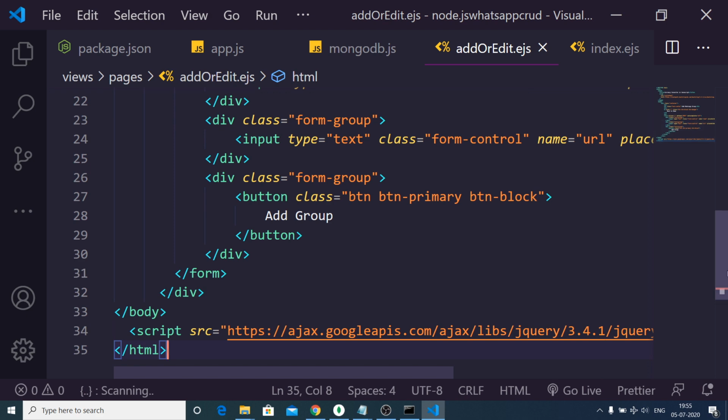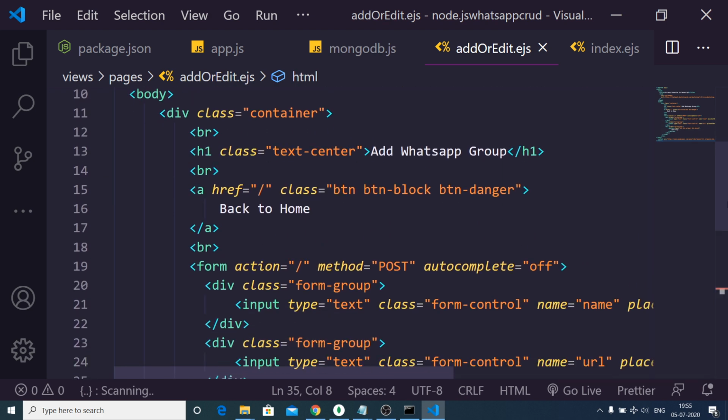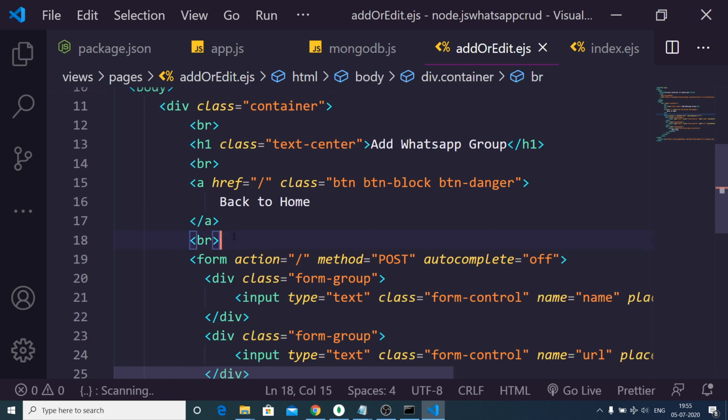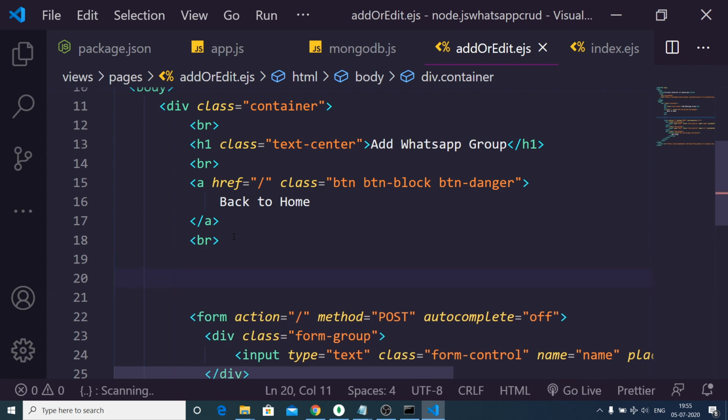Now we need to write a simple alert box just before our form here. In order to write this condition, just wait guys, I am just going to it.